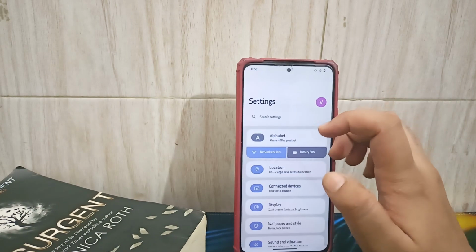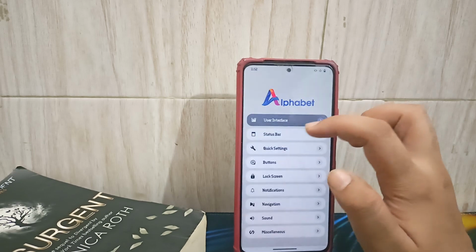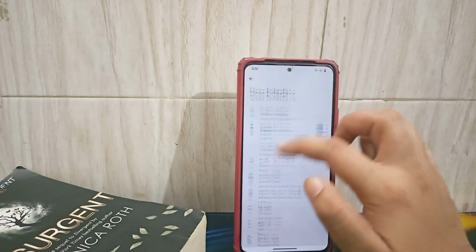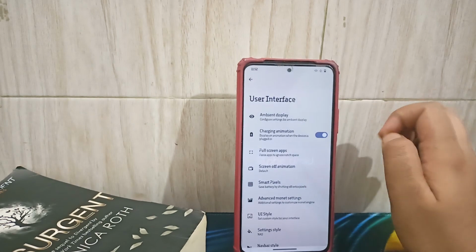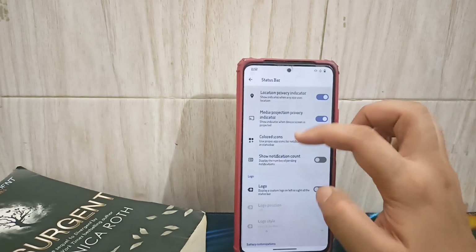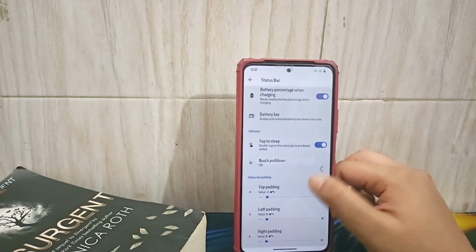Now talking about the customization in this ROM, the customization comes in this alphabet tab, and there is a plethora of customization which includes this user interface. You can customize many things of this ROM. Like this is one of the most customizable ROMs out there. I won't be going into detail with every single aspect of the customization, but you can see how much customization